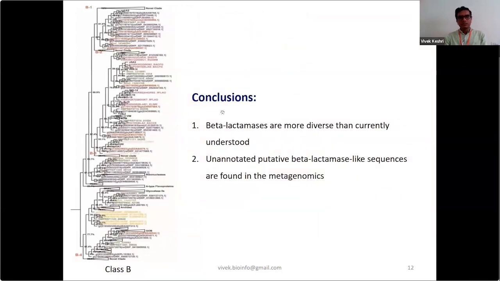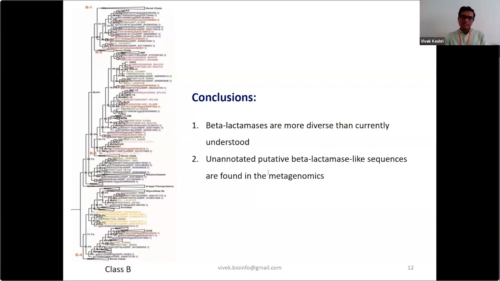Based on the analysis of metallo-beta-lactamase, it is also the same situation. We found numerous beta-lactamase sequences from metagenome and archaea also. So based on this identification of beta-lactamase enzyme, we concluded that the beta-lactamases are more diverse than currently understood. And a lot of beta-lactamase-like sequences are found in metagenomic